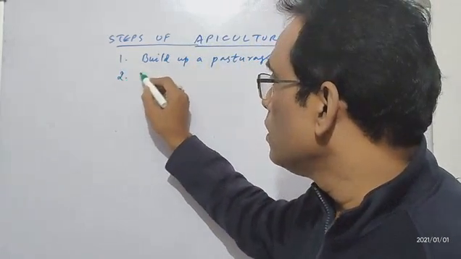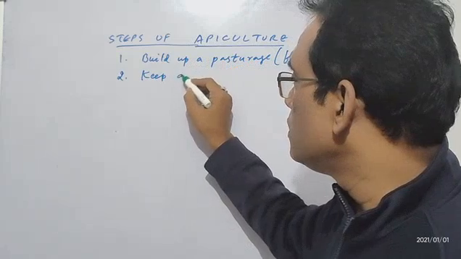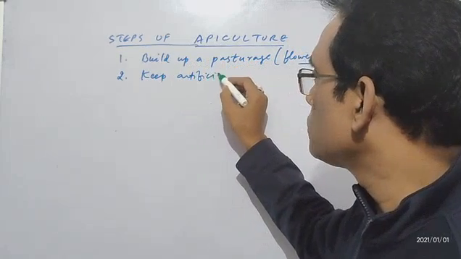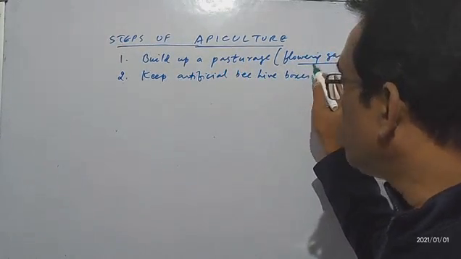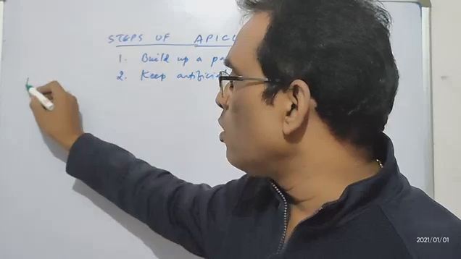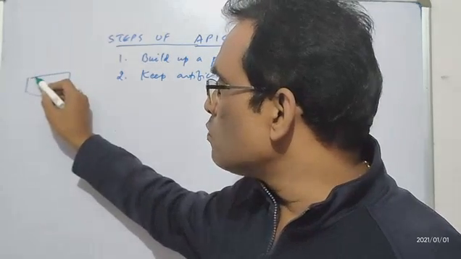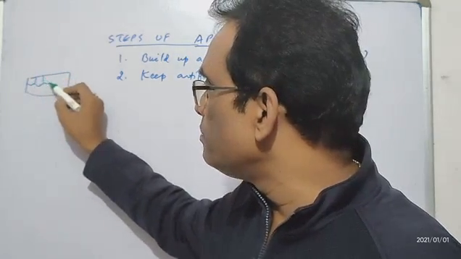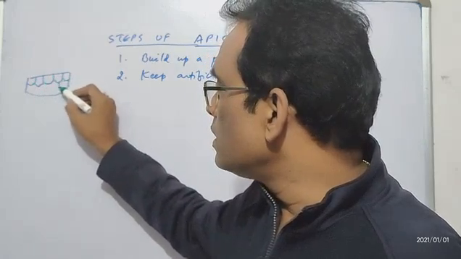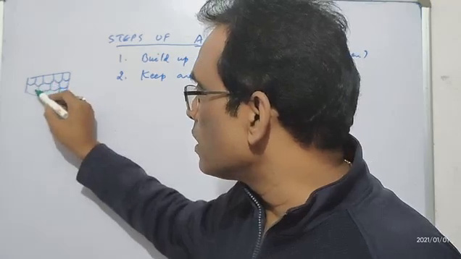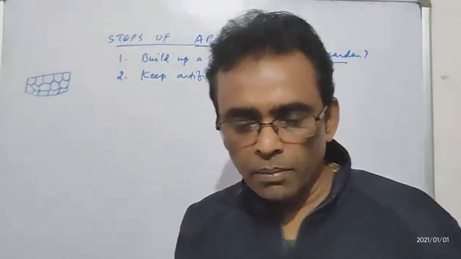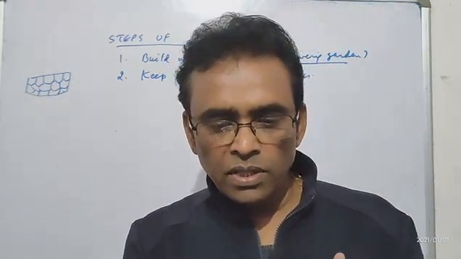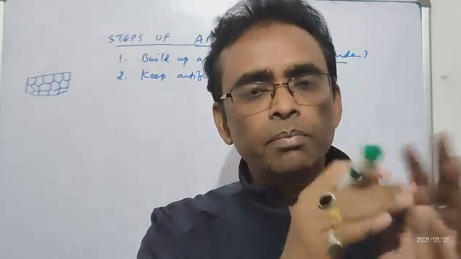Then they need to keep the artificial beehive boxes. अब ये बॉक्सेस क्या हैं? बॉक्सेस में ऑलरेडी कंपार्टमेंट्स बने हुए हैं. There are boxes, cuboidal boxes, in which wax compartments are already made. These are raised compartments, mind you, ऐसे करके बना हुआ है compartments. और वो नेचर है. देखो, जो मैंने बोला कि workers build the hives. If you go and see the hives, there are hexagonal boxes made.